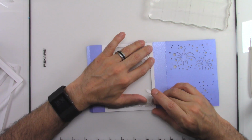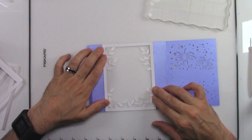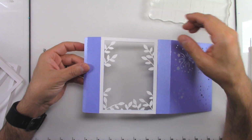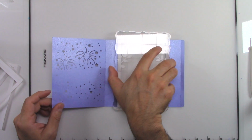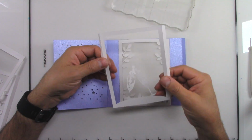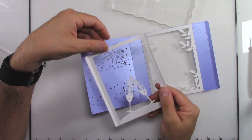Next, glue your frame and the front. This is just to cover the card base so everything looks white in the front and you only have a purple background. You can use an acrylic block to hold it in place and wait a couple of seconds or a couple of minutes for it to dry. And then